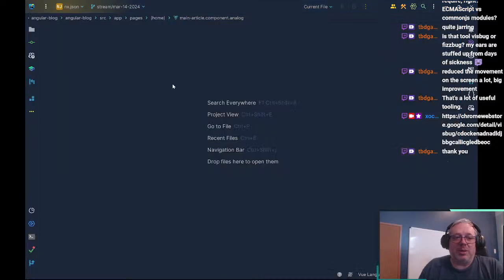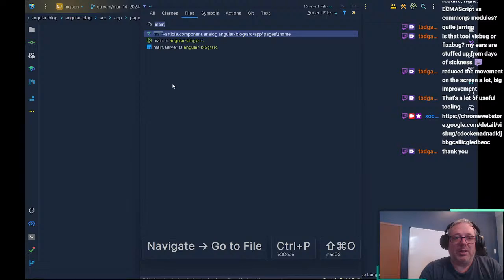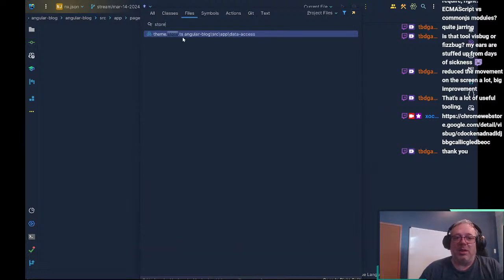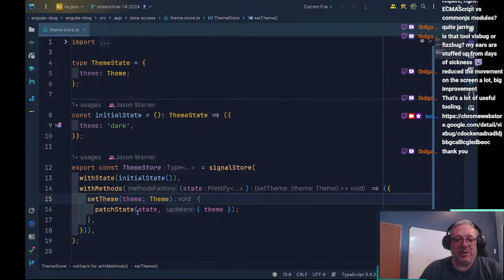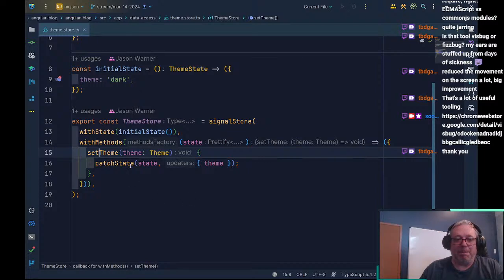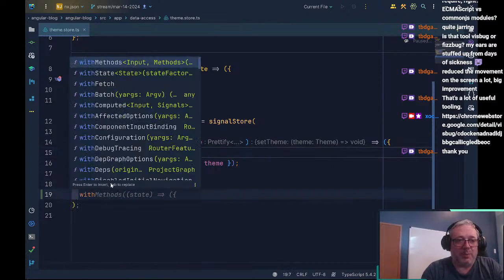So we're using the theme store. And our theme store is what's providing our theme for us. Right now, the initial state is the dark theme, right? And we've got these methods. But I saw an interesting idea. I think Marco was the one who showed it to me. I don't remember. But we can do with, and here we want with,